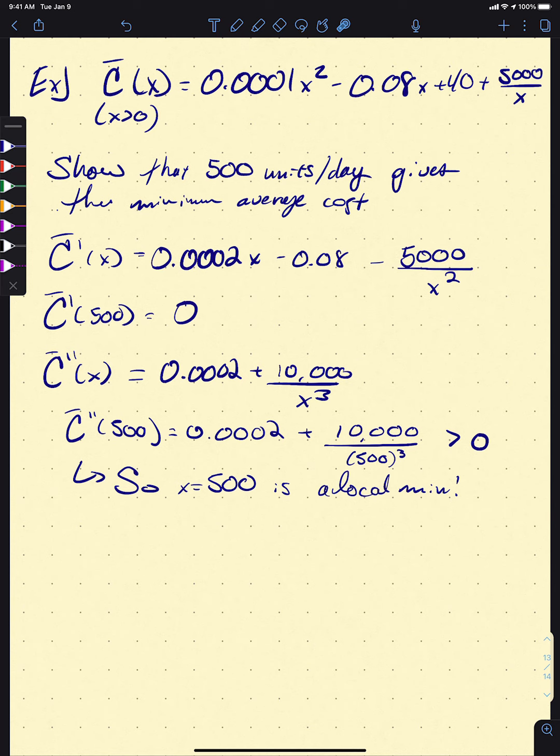Because for it to get lower, it would need to start to decrease again. And so what that means, we can write this down. Since my second derivative of our average cost function is greater than 0 for all x greater than 0,